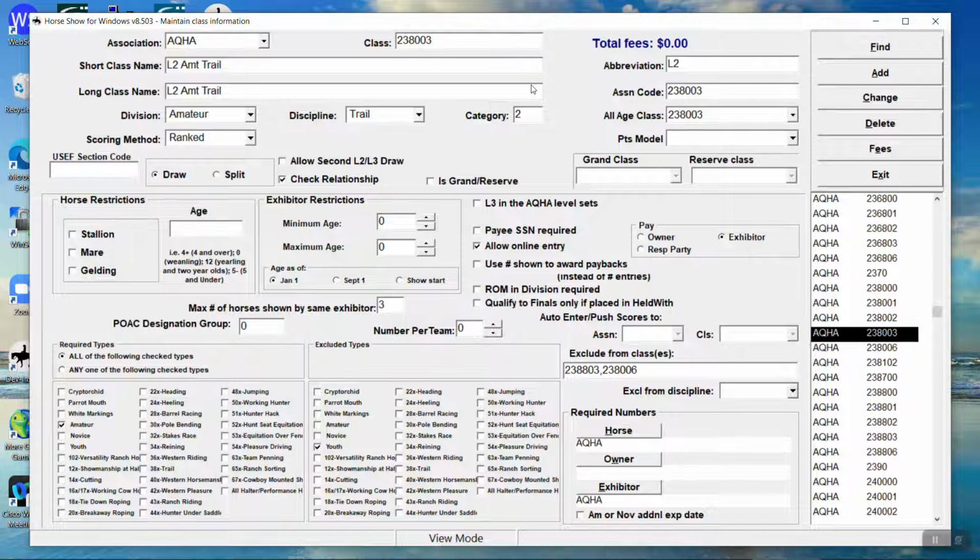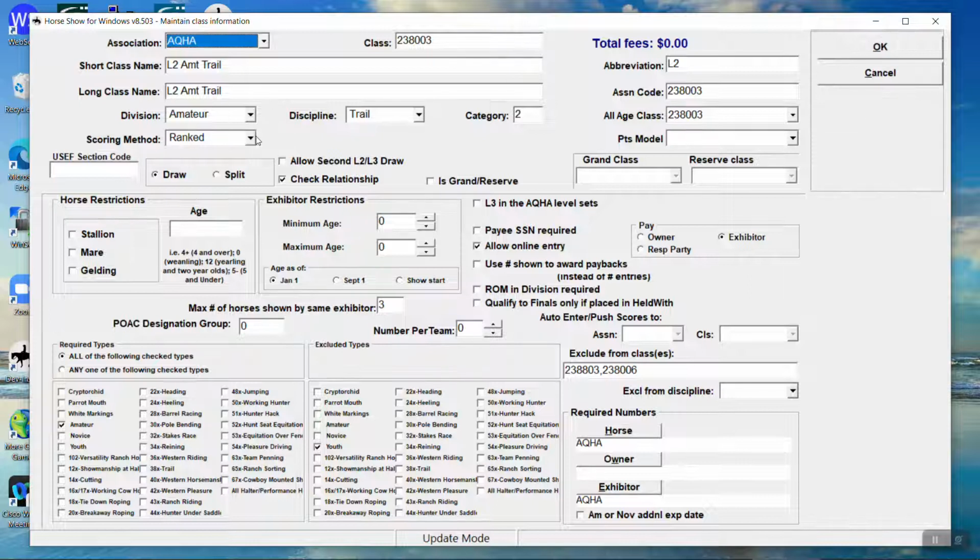Anything else with the scoring method? So we touched a little bit on the fact that 90% of you guys, if not all of you, basically every class is ranked. So if you are wanting to switch over and start using the maneuver scoring that we'll talk about later that's on the tablets, or even just regular scoring, just keying in the final score, you would change the scoring method